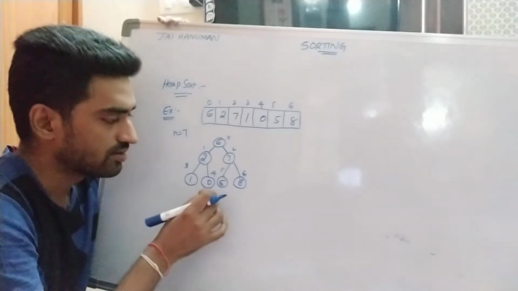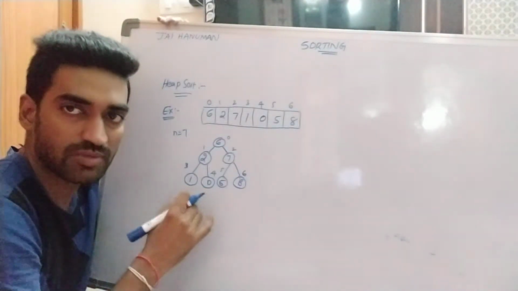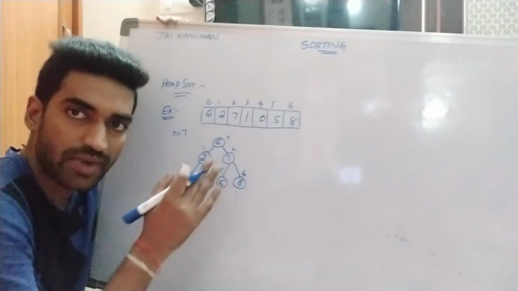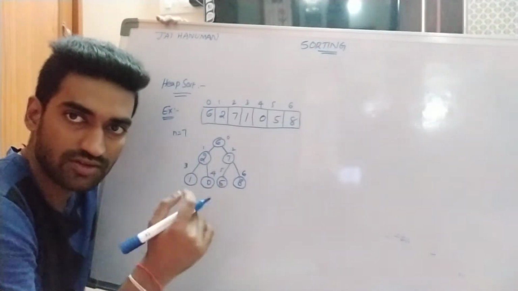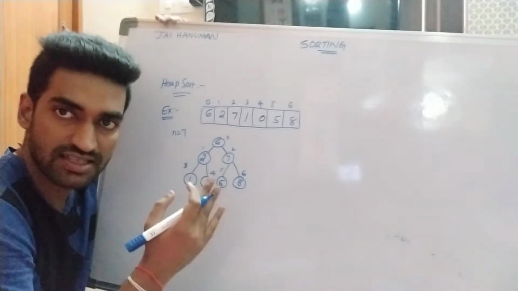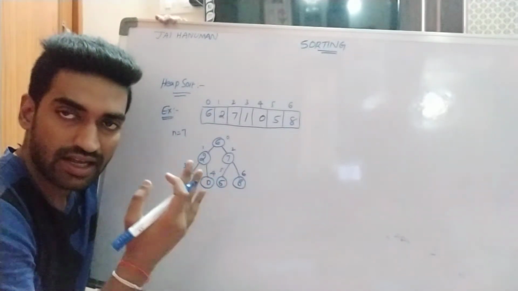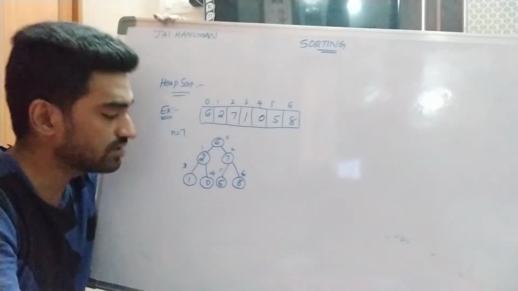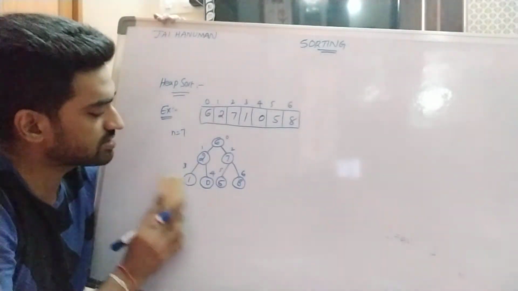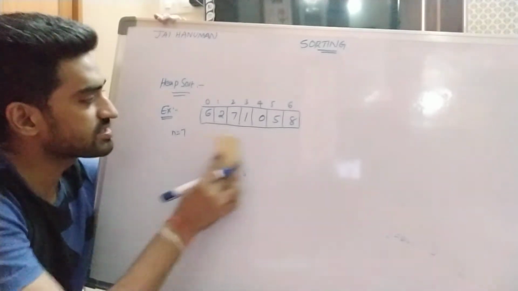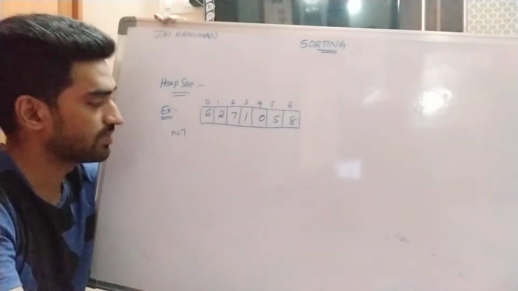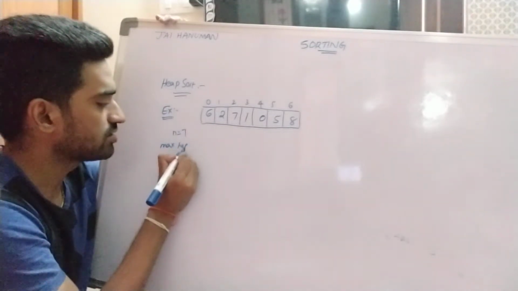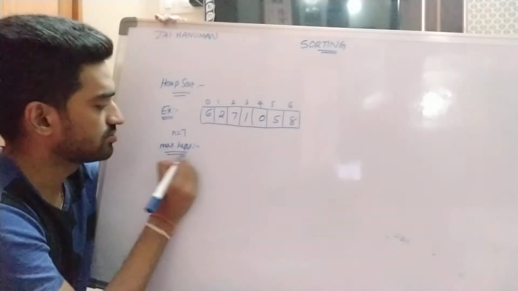So here for this example I am constructing a max heap tree. So what is the property of a max heap tree? Parent node is always greater than children node. Delete and replace the root node with the help of the last node, right? So that is the procedure. So first of all, here I am constructing a max heap tree for this array. So what is the max heap tree property? Parent node is always greater than children node,